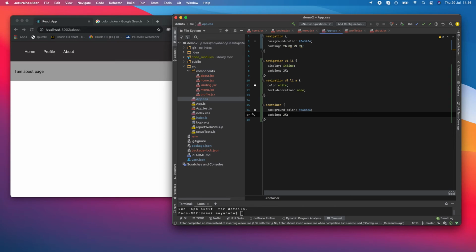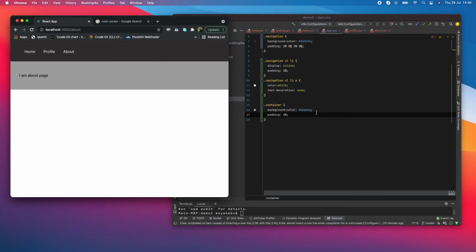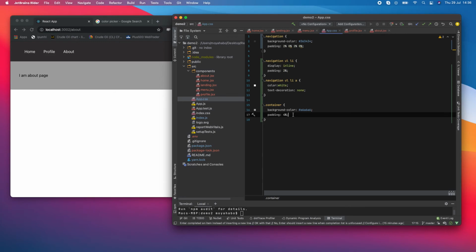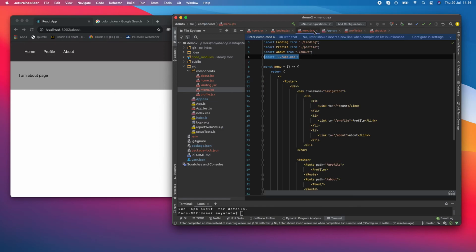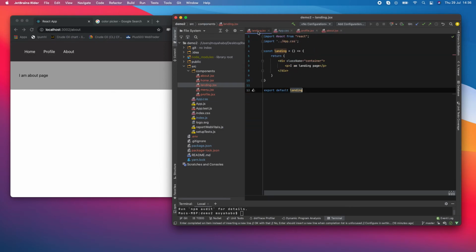So that's how you can achieve this. But let's have some padding 4%, and then save, just like this. And then now this menu we are done, we no longer need it. And then now you can go inside here and say H1,